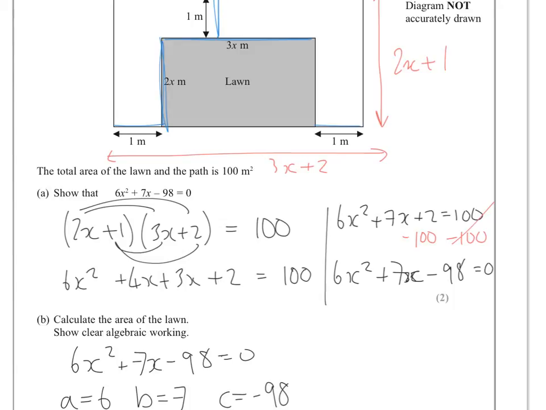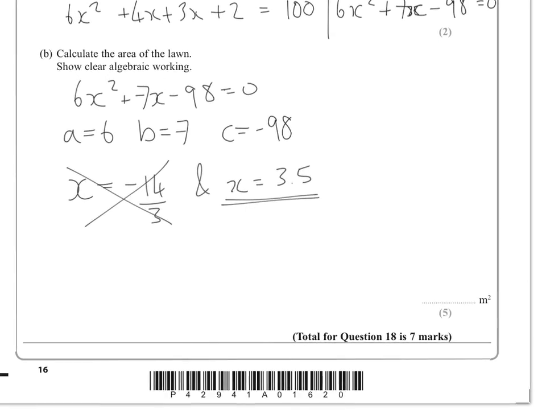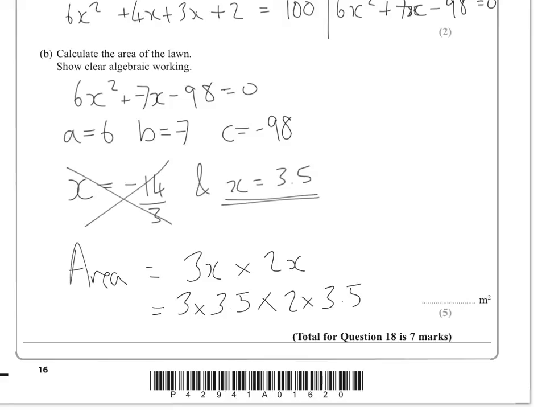Now in order to work out the area of the lawn, we need to think about this section here, which has dimensions 3x and 2x. So therefore the area of the lawn, area equals 3x times 2x, say 3 times 3.5 times 2 times 3.5, which gives you an area of 73.5